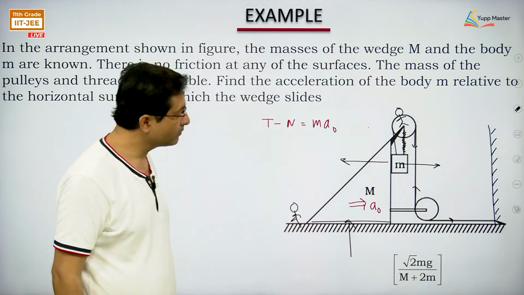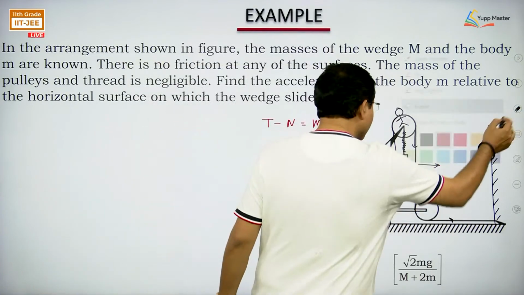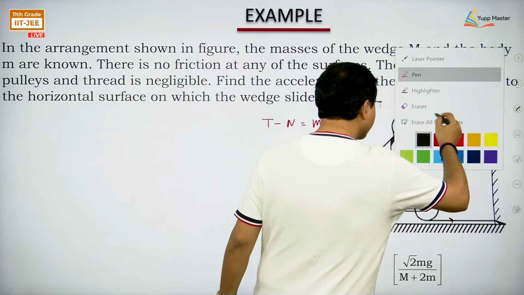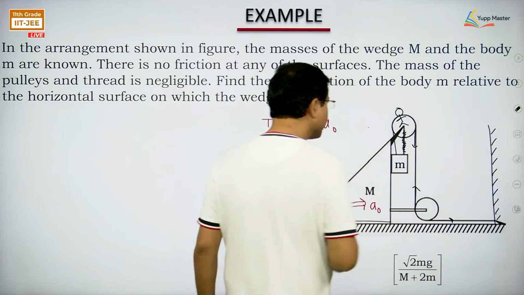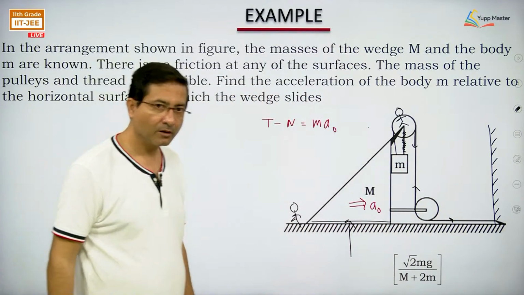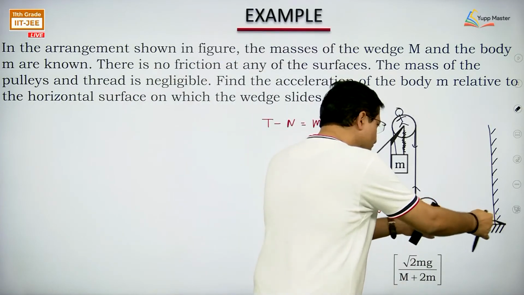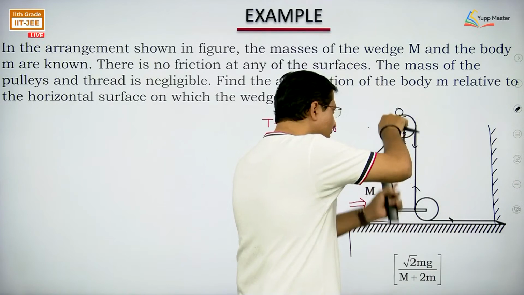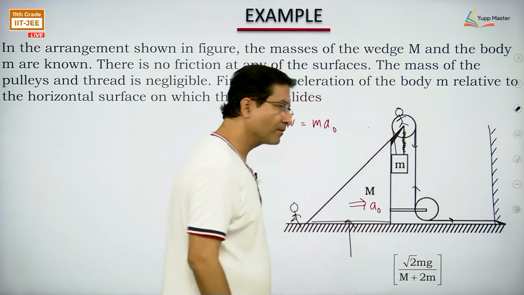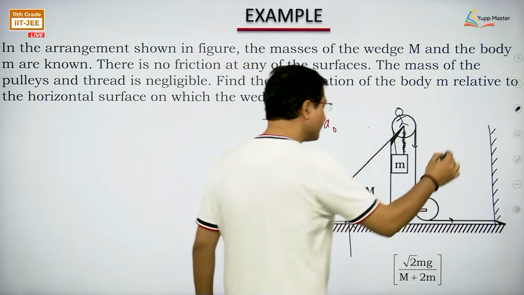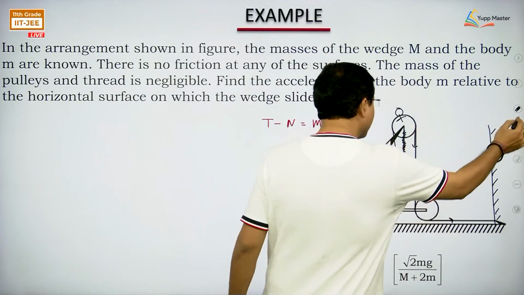For the block, see, with whatever rate this is getting reduced, because this is constant, same rate this will get increased. Or you can write the constraint with respect to this one. If I want to write the constraint,